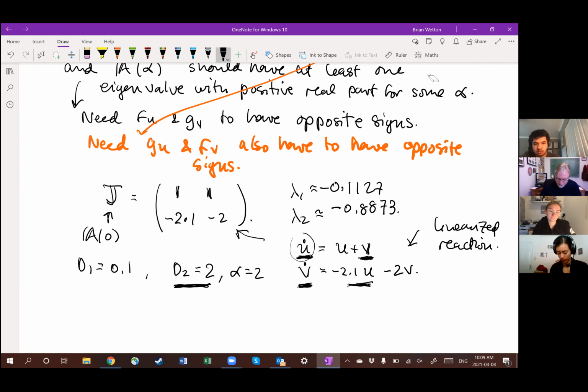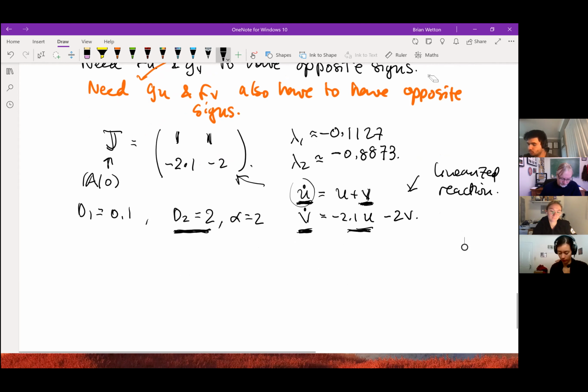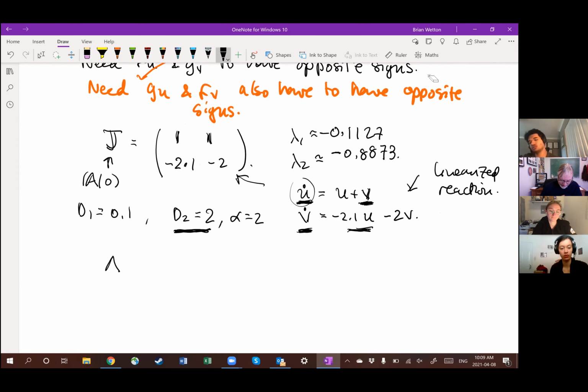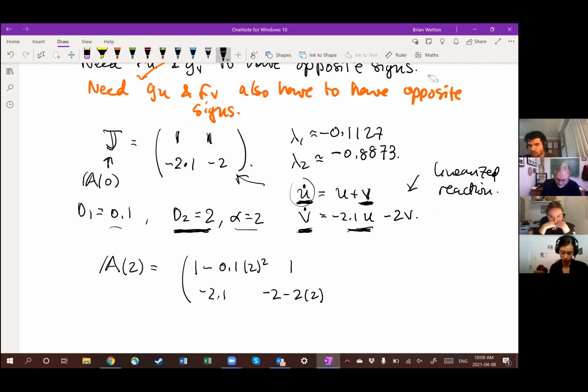I'm going to pick a wave number 2, right? I'm going to get A at wave number 2, that's, well, 1 minus alpha squared times D1. So 1 minus 0.1 times 2 squared. I get the 1, I get the minus 2.1, those don't change. And I get the minus 2 times 2 squared, right? That's 0.6, 1 minus 2.1 minus 10,